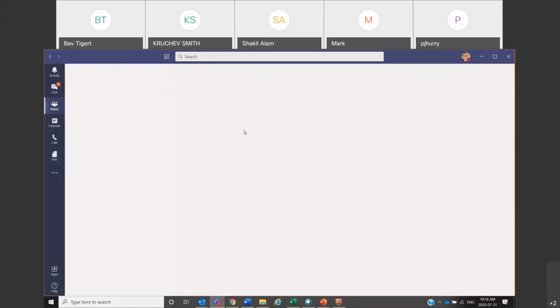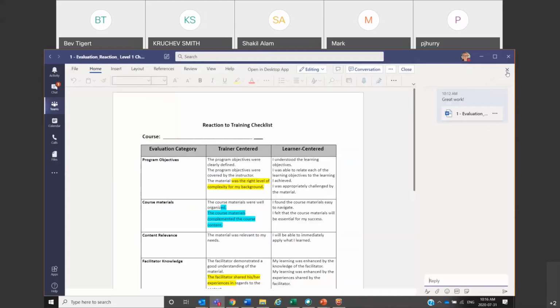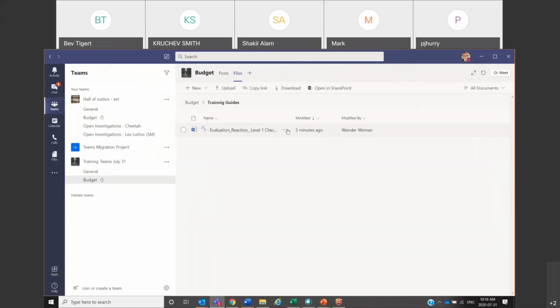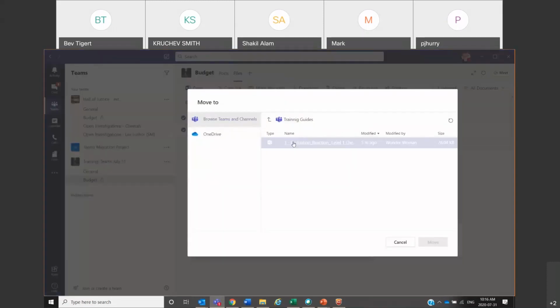I'm going to try this again. Sorry about that. I'm going to come down here to the file level, 3 dots, move. I'm going to go from training guides.